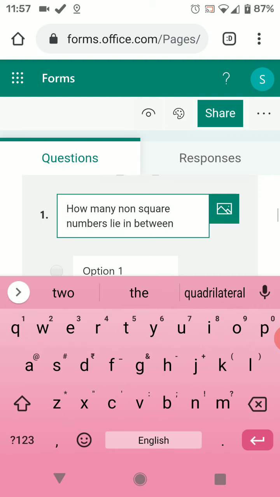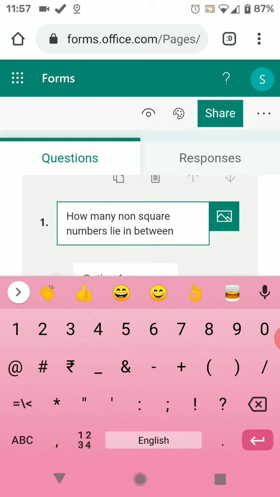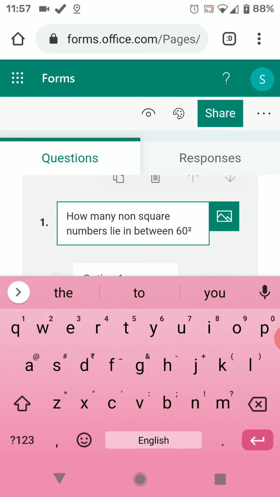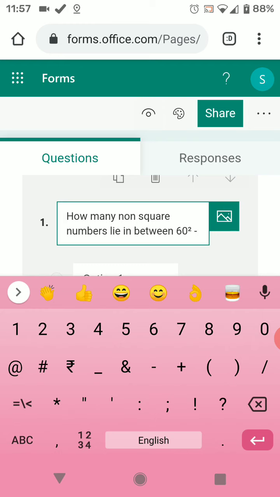Now I need to type the mathematical equation. For example, if I want to type 60 square, now what I am going to do, I'll click on this 2 and keep a long press. It will give you 60 square, then minus 61 square.